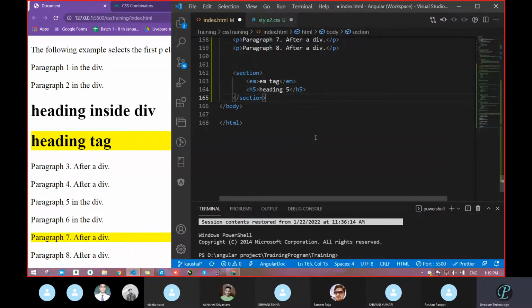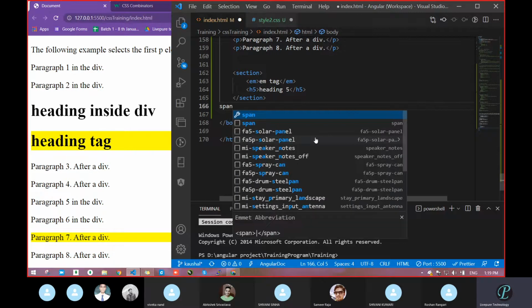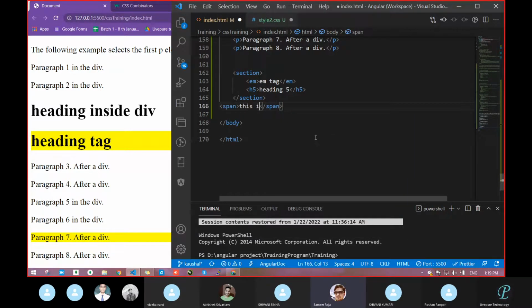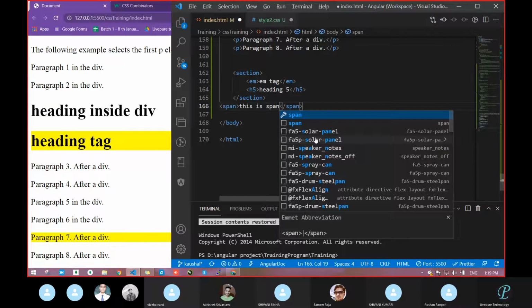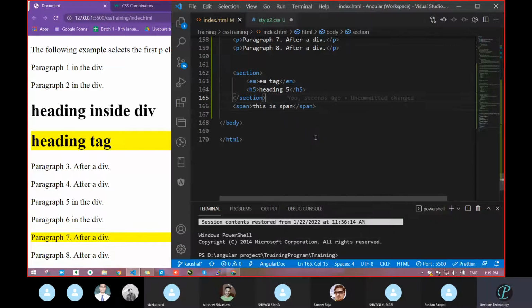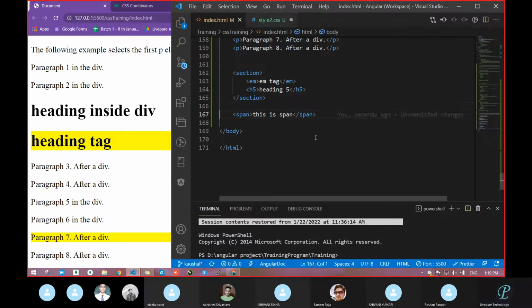Now I have to apply which one? Adjacent sibling. Now tell how we will apply. You have to write a span over here. Okay, go with a span, because we are going to consider this first one as a span. Now Praful and Abhishek, you have to tell, I have to apply color over a span, but not directly like ID, class and so on, with the adjacent sibling property.